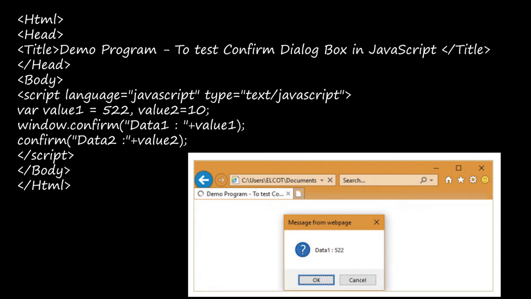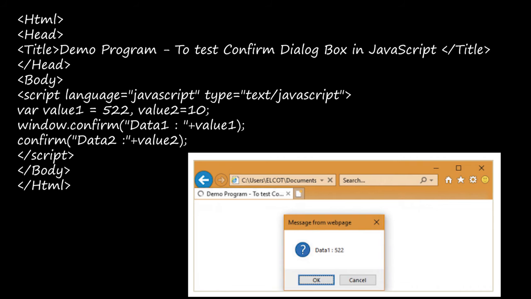Here in prompt dialog box, in the head section, inside the body section, the first line is script language equal to JavaScript, type equal to text/javascript. That is the line to enter the JavaScript inside this HTML, right? And then variable name is equal to prompt, inside the bracket, inside double quotes, please enter your name, comma, again inside double quotes, name. Then they have closed the script tag, body tag, and HTML tag, as in every coding. When you see the output, you will get a clear idea.